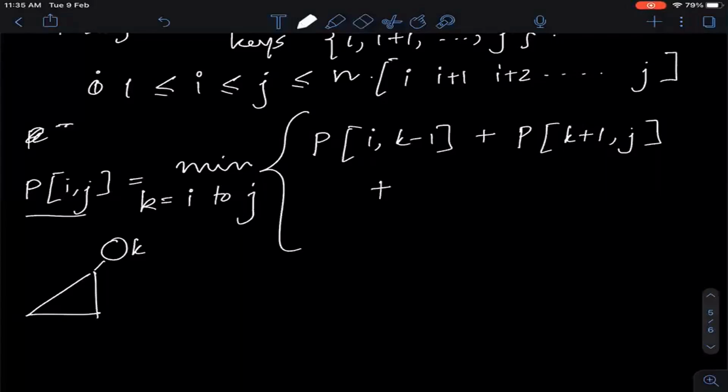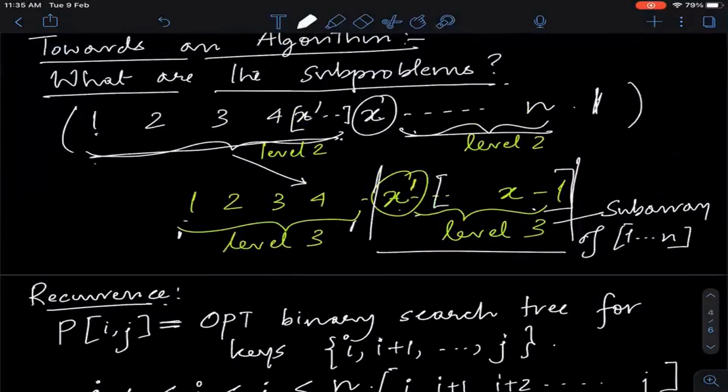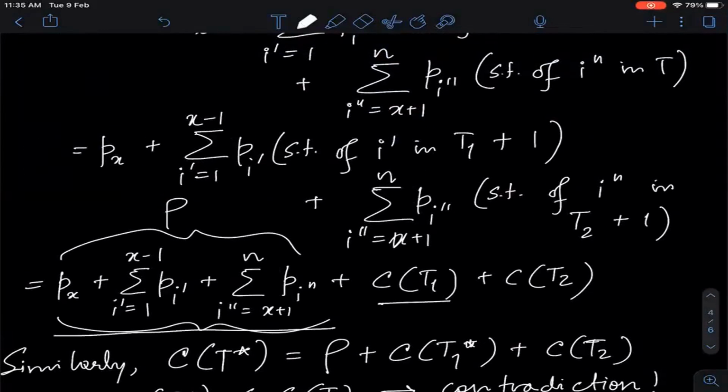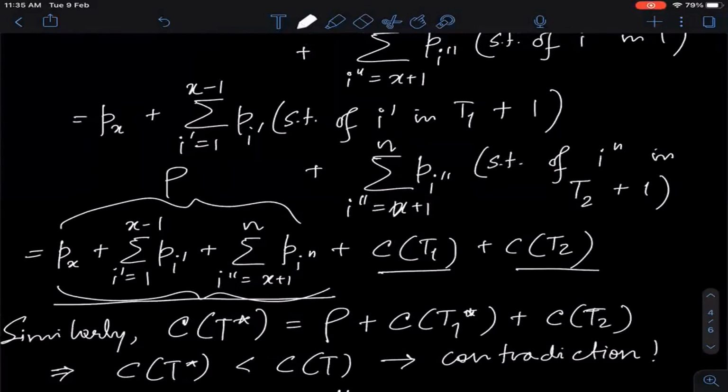And what else should I add to this quantity now? Is it only p_k? Think about it. Let's go to this proof again. What was the quantity that we added? Remember here my T1. Exactly, Gaurav, very good. It's going to be the sum of all the probabilities. And this is very crucial: no matter how you are dividing the problem, you are always adding the same quantity.